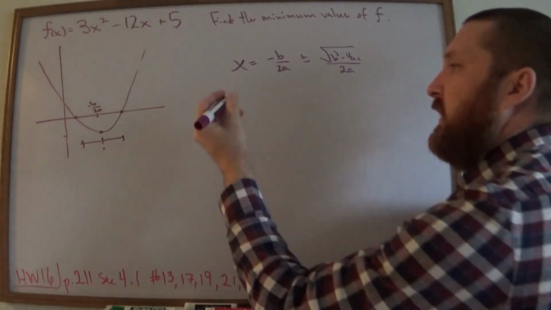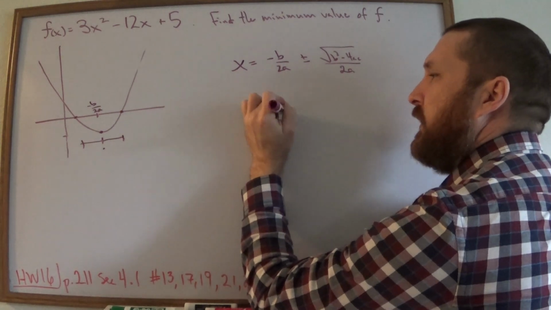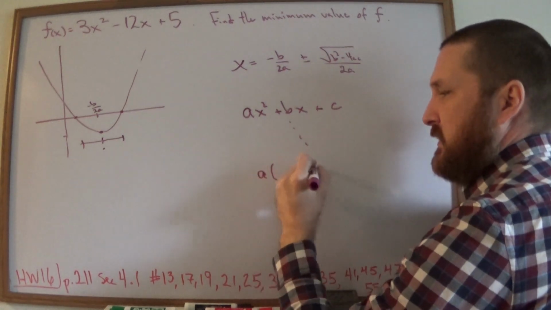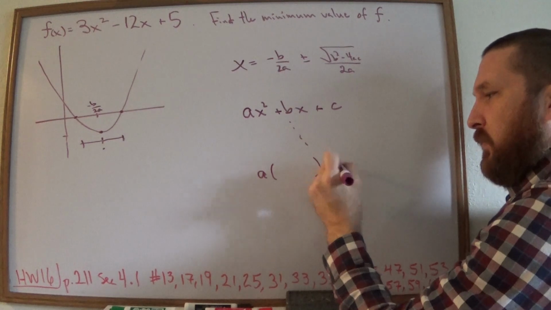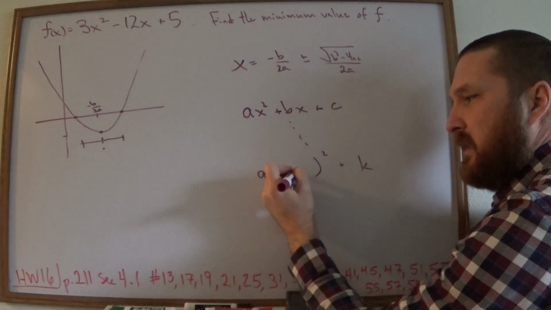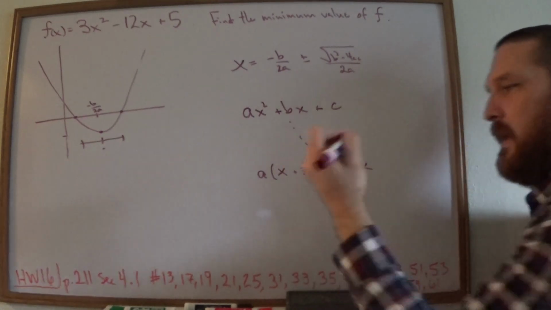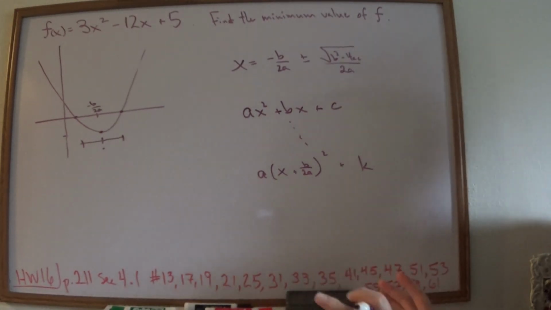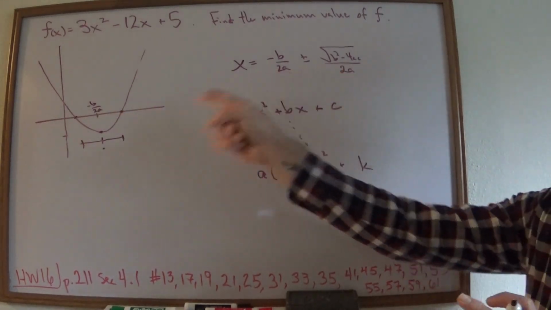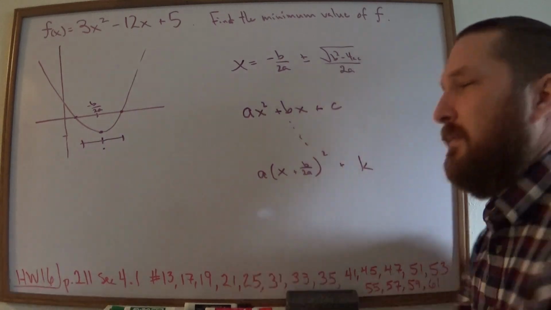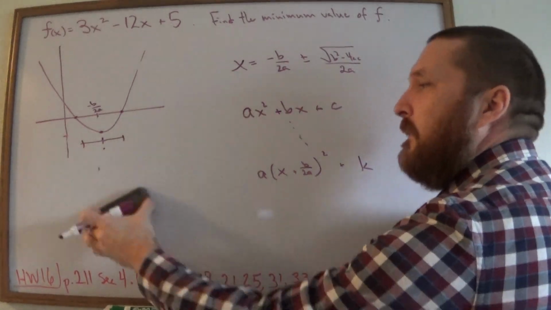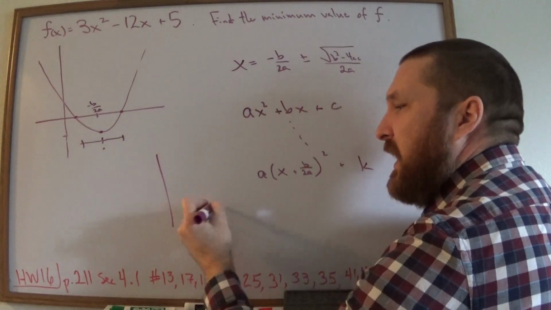Well, we took a general parabola, ax squared plus bx plus c. We did some magic to it, and that magic was completing the square. What we ended up with, a bunch of stuff, but what ended up in here was x plus b over 2a, if you remember. This doesn't really prove it. You say, how do you know it's halfway between? Maybe a parabola comes down like that and then shoots way back up. It's not, it's symmetric. But the way we did it is we said, if you start with x squared,